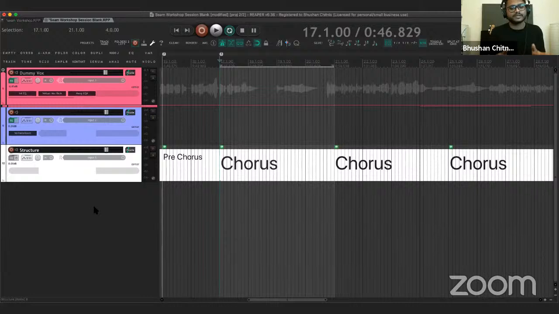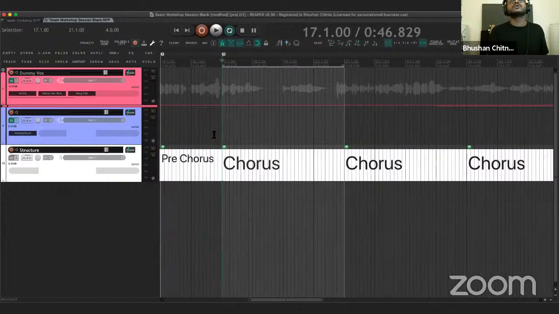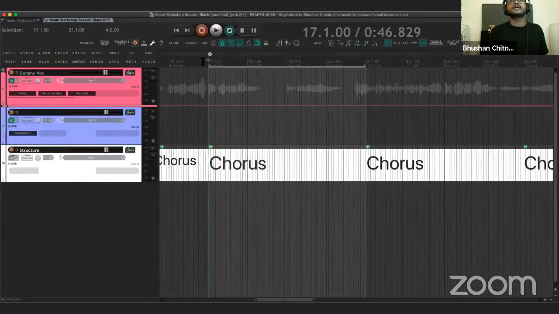You just need to divide your song. You need to understand and identify what sections are what. Once you do that, you can follow this exact same process. So let's get on with it. We'll go to the chorus. And so right now I'm thinking